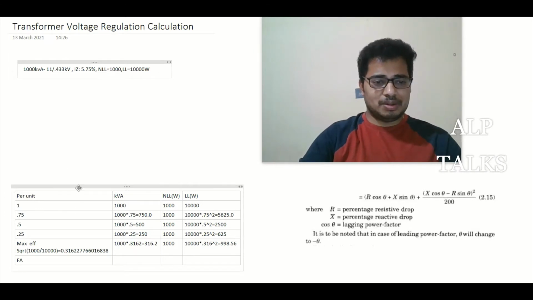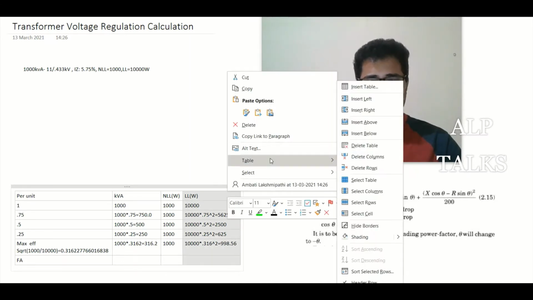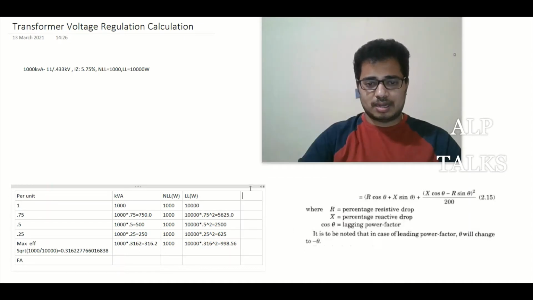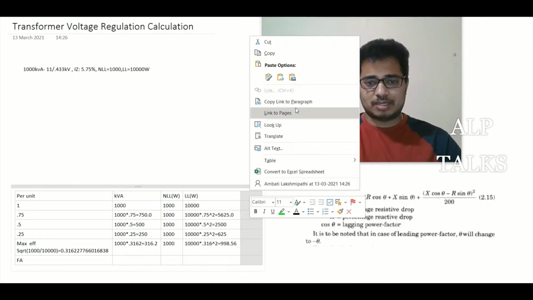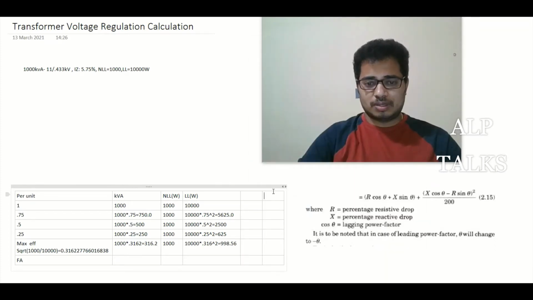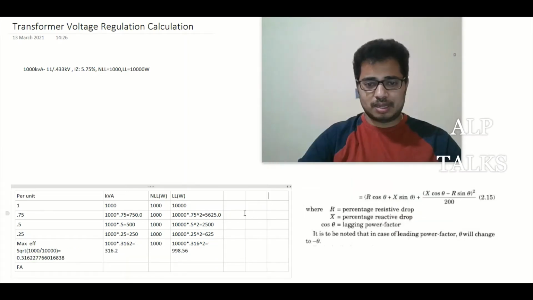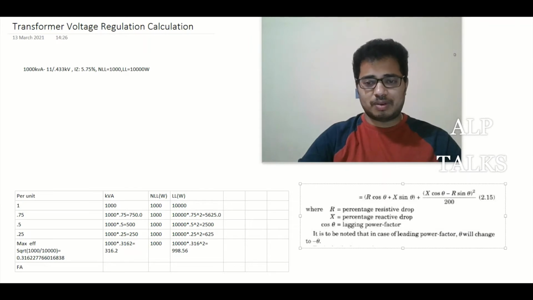This is the table we used in the previous video for the different percentage loads. We have different kVA, load, and different things. Let's calculate a few more things for efficiency. Let's insert a few more rows so that you can get a better understanding of why I am doing this. This is the last one we are going to do. Whatever formula you are watching here, that is the formula we are going to use.